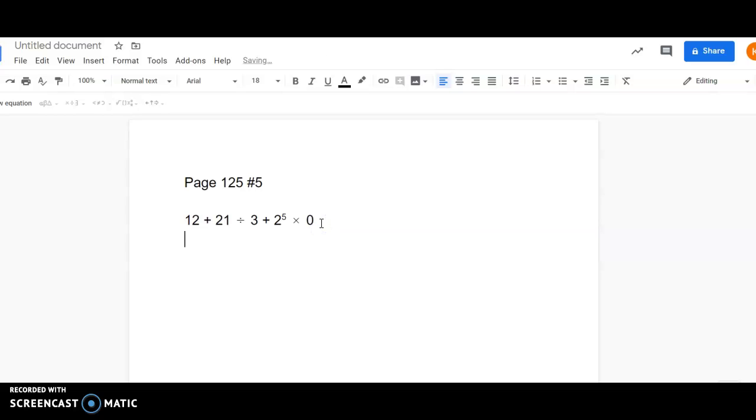Remember, when you're doing order of operations, the first thing that you look for are anything in parentheses. There are no parentheses in here at all, so I'm not going to worry about that. The next step would be to look for exponents. I do see an exponent right here. 2 to the 5th has an exponent, so you need to do that first. That means everything else in the expression stays. So the 12 plus 21